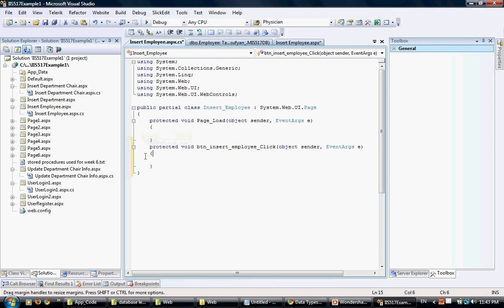And this is where the code goes, and our job now is to write between these two braces the code that will make this page grab the data that's on the screen, establish a connection with the database, and finally insert that data into the database, assuming all the data information is good. If it's not good, we need to do validation and send back a message to the user, you need to fix this and that. So the next step is we're going to start putting code into the C#, and also we will see we need additional code that belongs to the stored procedure inside the Microsoft SQL